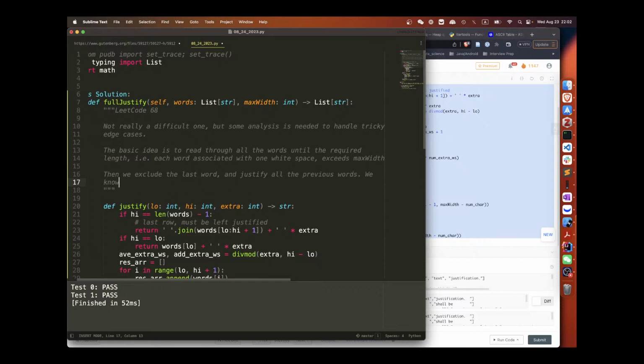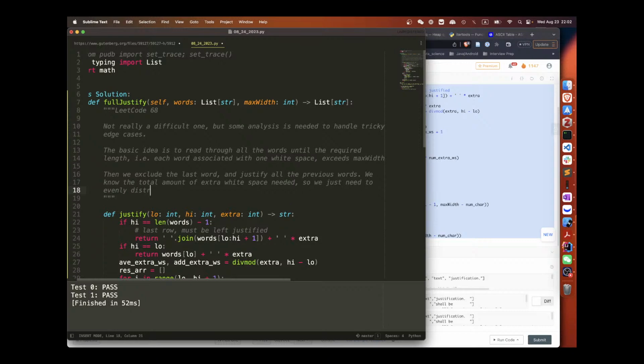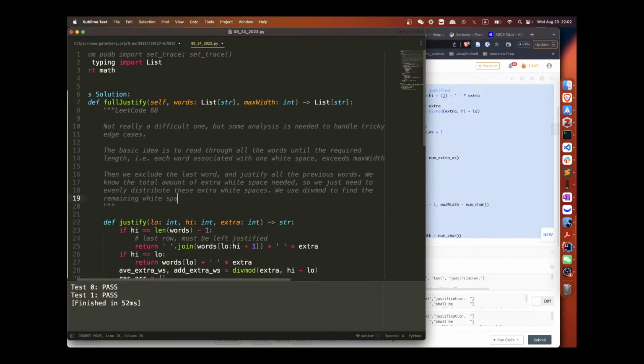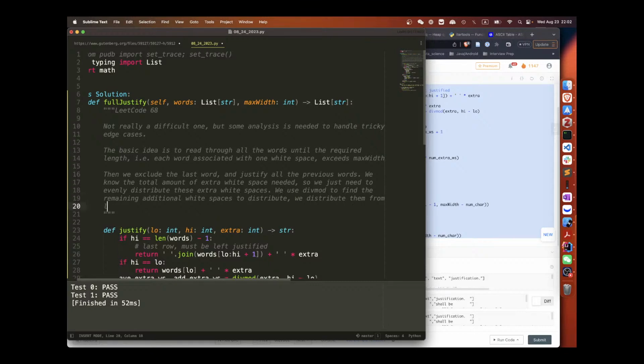We know the total amount of extra white space needed, so we just need to evenly distribute these extra white spaces. We use div mod to find the remaining additional white spaces to distribute. We distribute them from left to right.